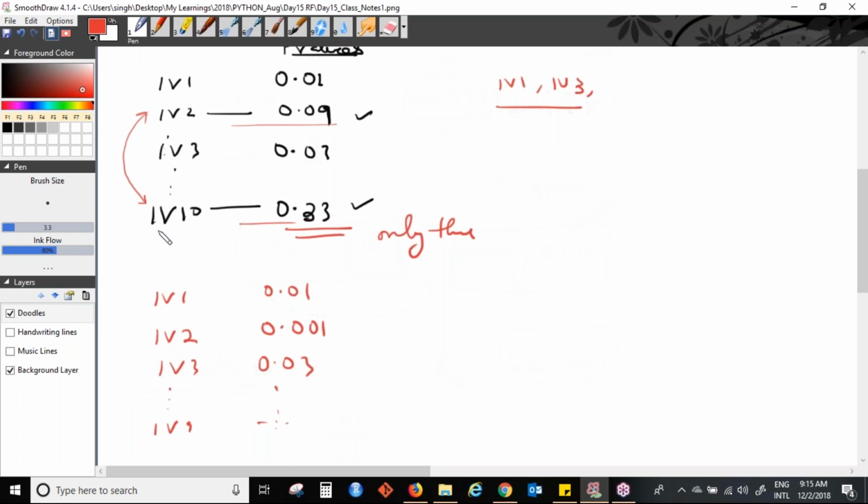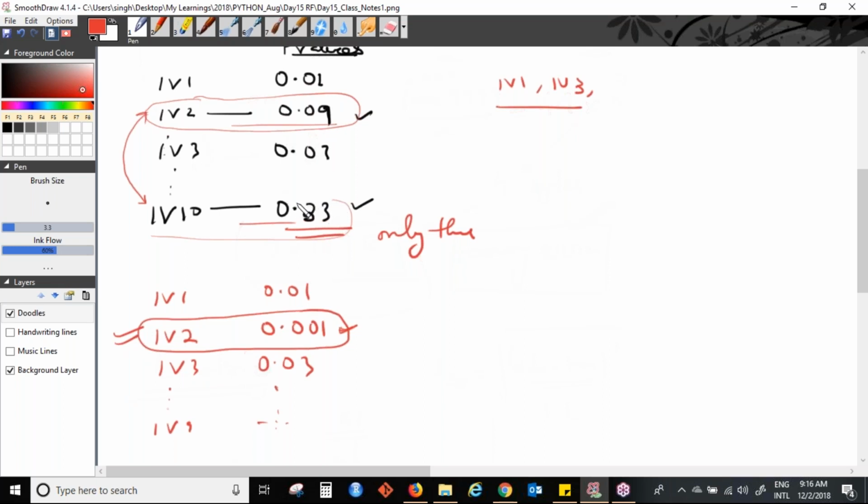So after you just remove this, you may see the case that independent variable 2 has also become important. It has come down below the threshold. So you should not remove this. But if you had removed both of these, you would have lost an important variable. If you had removed both simultaneously, you would have lost this variable. So that is why we don't remove them simultaneously. We remove one at a time.